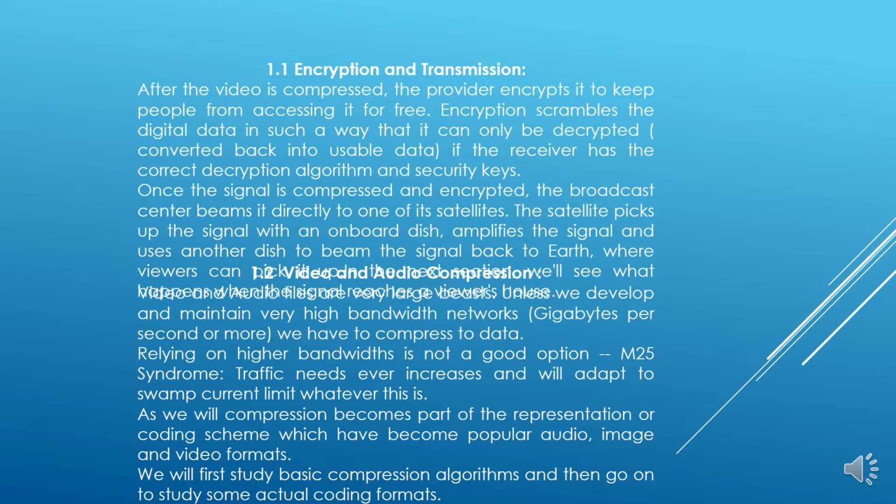We will see that we develop and maintain very high bandwidth networks, gigabytes per second or more. We have compressed the data. Relying on higher bandwidth is not a good option. With Moore's law-like syndrome, traffic needs ever increase and will adapt to swamp current limits, whatever they are. As we will see, compression becomes part of the representation or coding scheme, which has become popular in audio, image, and video formats. We will first study basic compression algorithms and then go on to study